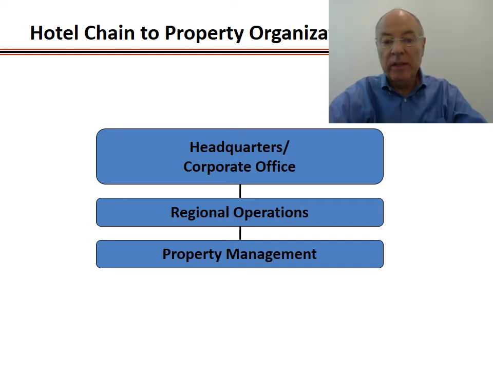And those regional operations are then responsible for all of the hotels within the region, obviously. Sometimes based on brand, sometimes based on all the company affiliations. It can vary a great deal here. And then, of course, you have the property management and the property management structure. And that's our primary focus here. But it's important to realize there's a hierarchy within organizations. And the bigger the organization, the more regions, the larger the corporate headquarters. In a lot of cases, especially those companies that we will talk more about that have more of that central control aspect of things as opposed to those that are more oriented towards the property having the authority level.